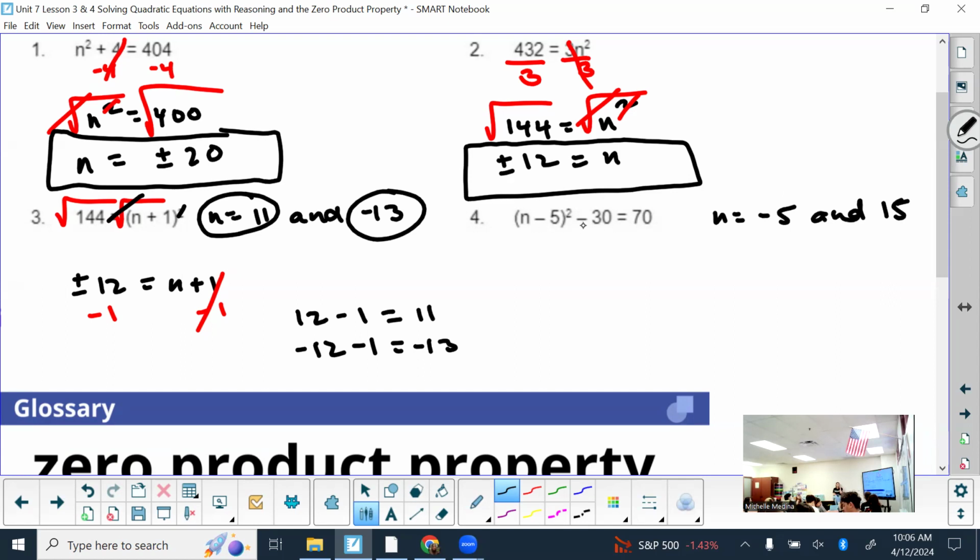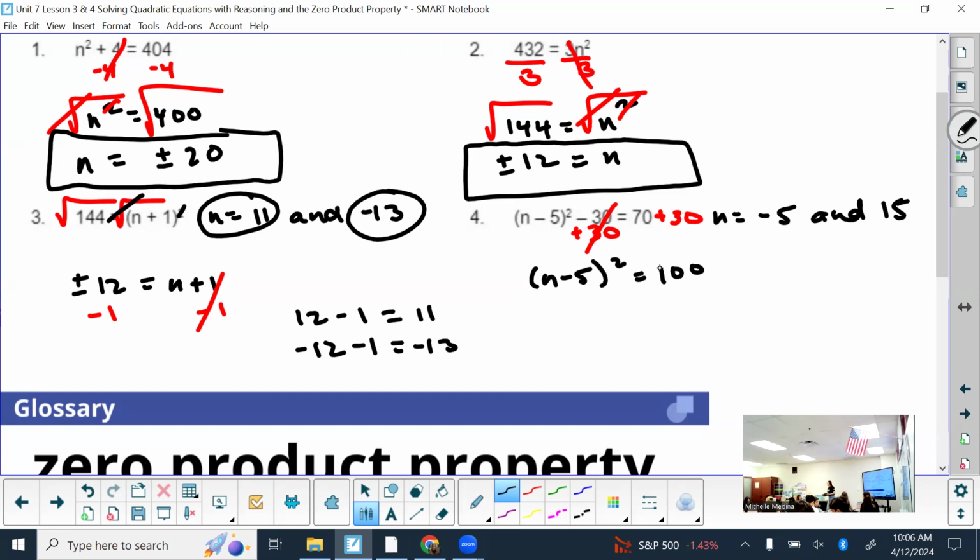More stuff involved. What do we get rid of first? What is farthest from the end? The 30. Instead of subtracting 30 to cancel it, we would do whatever you do to one side of the equal sign. And this cancels. I get n-5 in parentheses squared equals 70 plus 30, which is